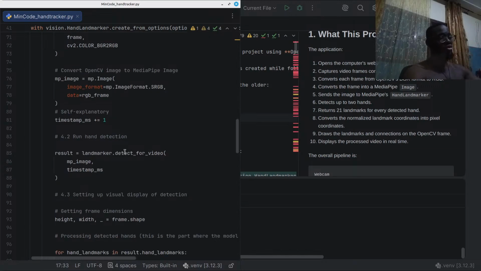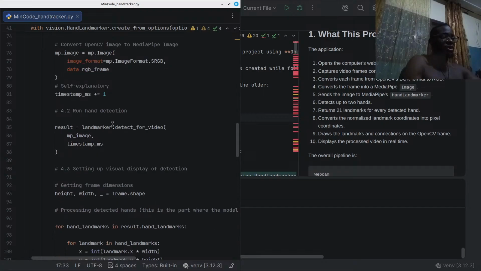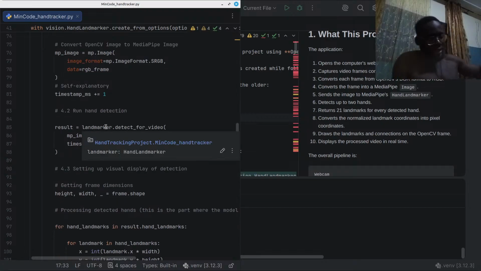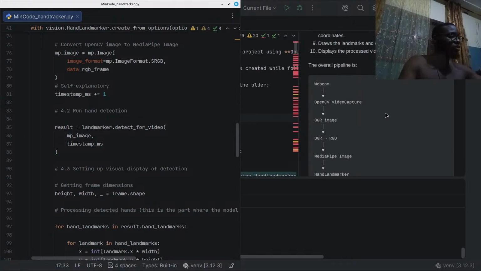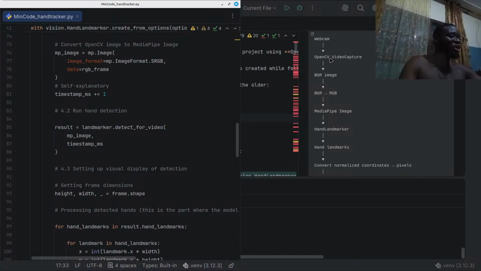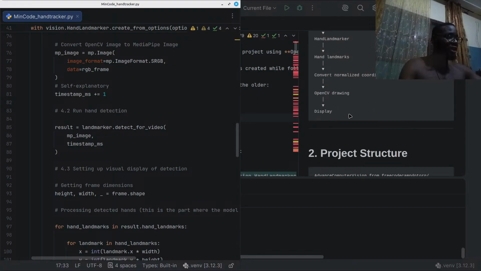So now this is where we're going to run the hand detection. So this here is a module, and let's check out the MP image and timestamp. Let's scroll down. This is the overall pipeline I was explaining. The webcam OpenCV video capture gets the images in BGR. Then we convert the BGR to RGB. MediaPipe obtains the images. The hand landmarker runs hand detection and then places landmarks on the hand, converts the normalized